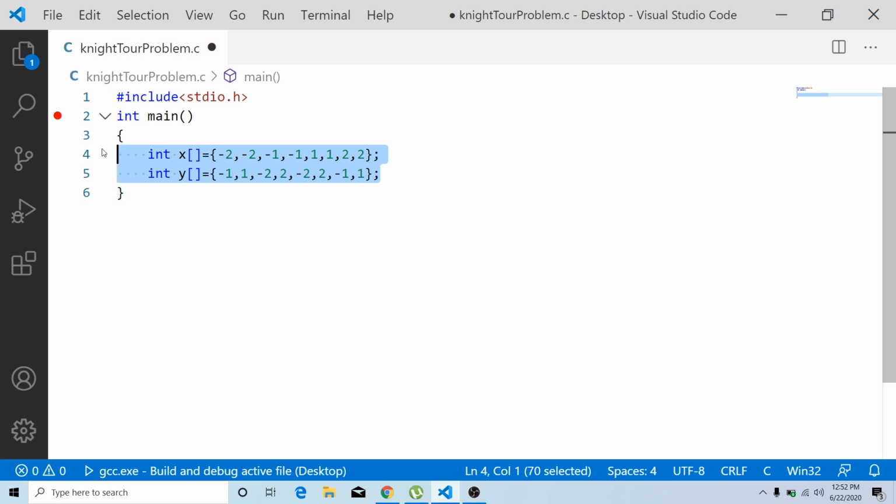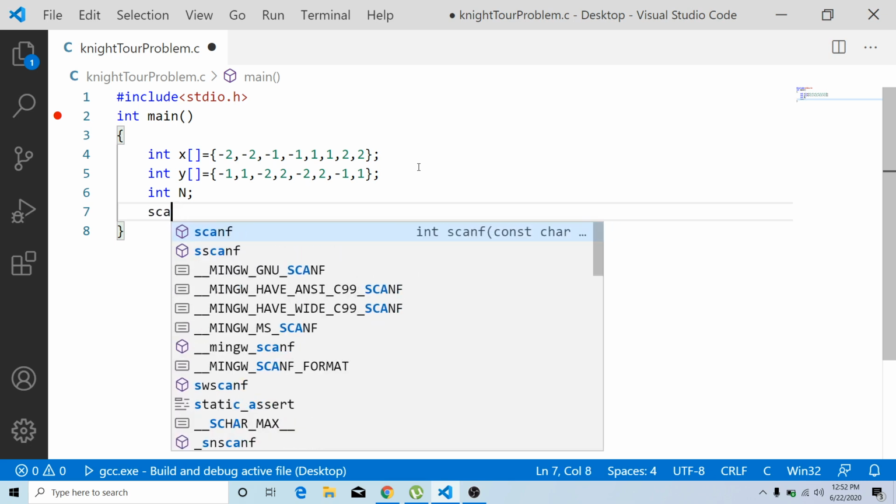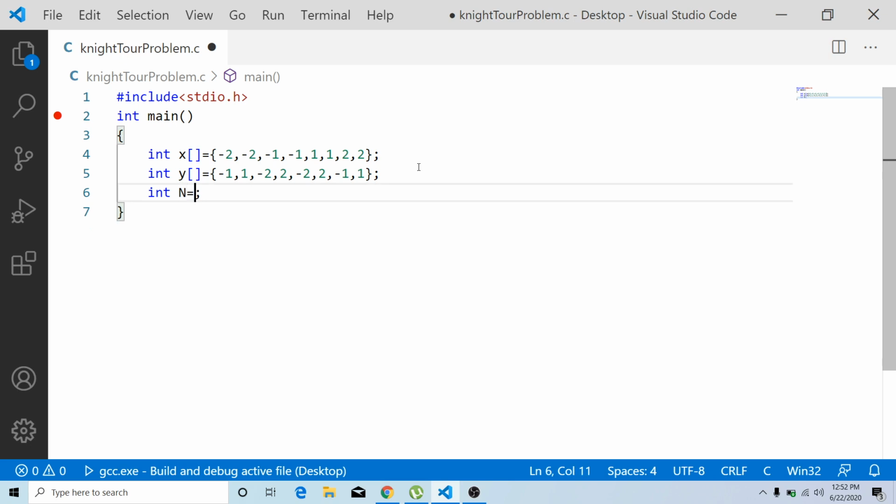So we are storing those 8 possibilities in 2 arrays. One array is for pointing towards a row, and the second array is for pointing towards a column, right? After taking these 2 arrays, we are going to declare an element called n. N is going to decide the size of the chessboard. From the user we can give it at compile time, for example 8. I think we can just start with 4. Okay, we can start with 4, right?